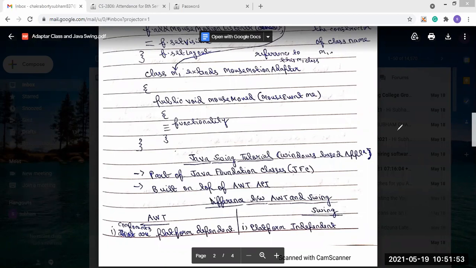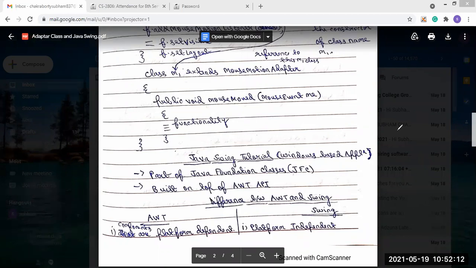It is built on top of the AWT API, that means it is built over the Abstract Window Toolkit application programmable interface.